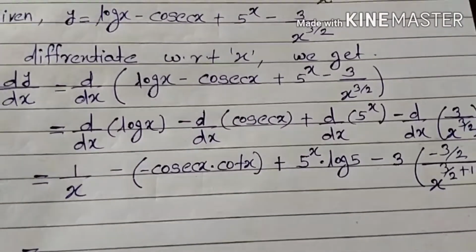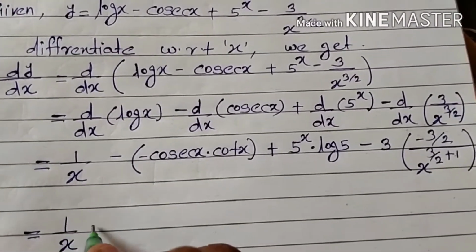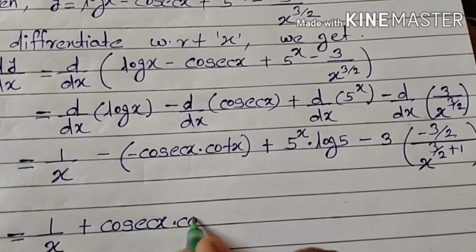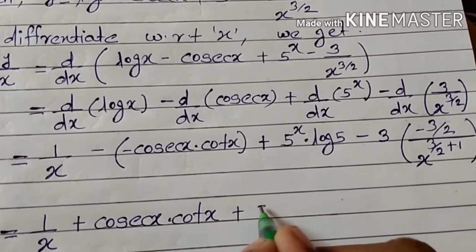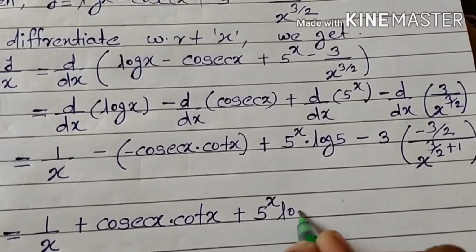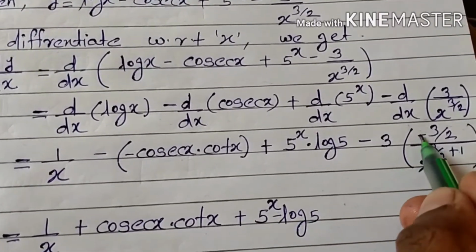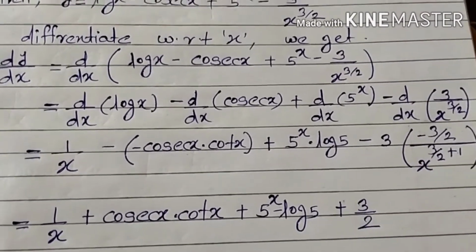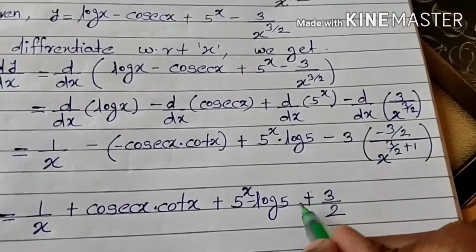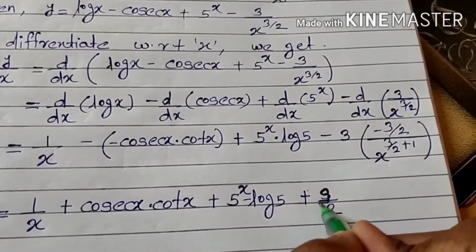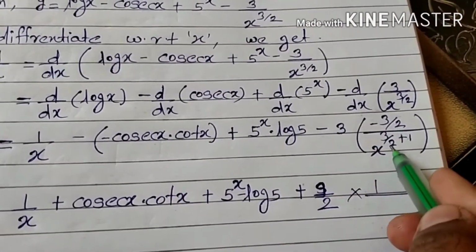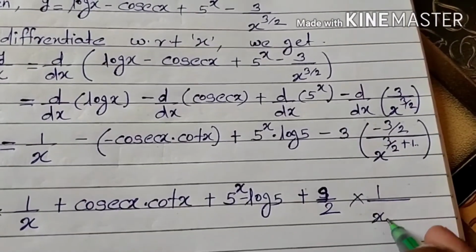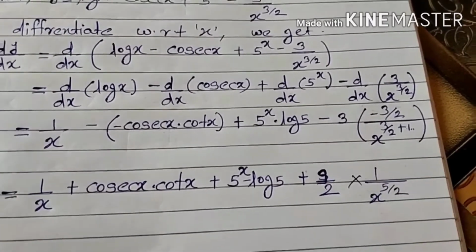Now in the next step, 1 upon x plus cosec x into cot x plus 5 raised to x into log 5. This minus minus will get plus here, plus 3 by 2. Sorry, it is minus minus plus, but it is 9, and into 1 upon 2 plus 1, 2 into 1, 2, 2 plus 3 is 5. So it is x raised to 5 upon 2. So write it